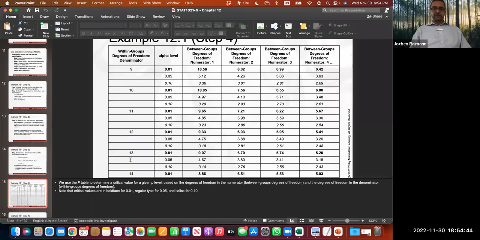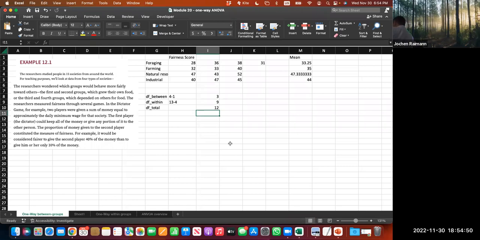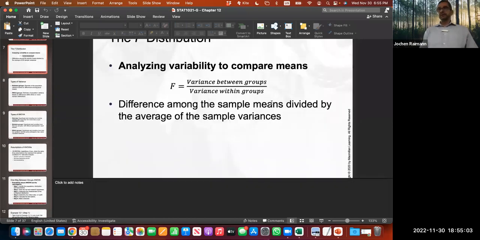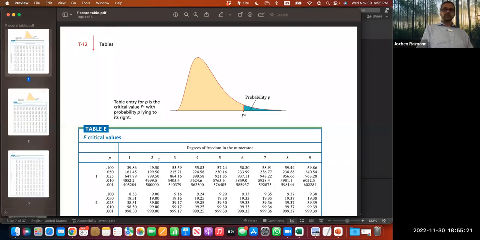And now it's getting a little trickier. We know now our degrees of freedom. We know there's 3 and 9: between is 3, within is 9. Let's go back to review the formula. For the calculation of the F, we need the variance between the groups and the variance within the groups. The variance between the groups is our numerator. The variance within the groups is our denominator. So degrees of freedom between will determine now